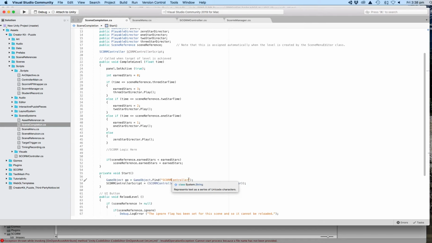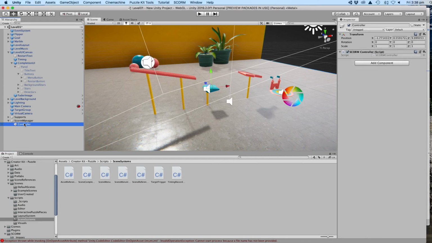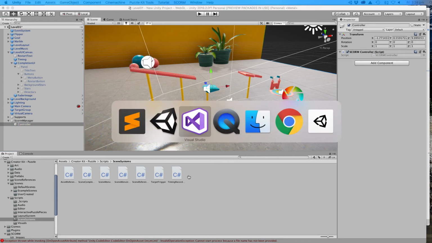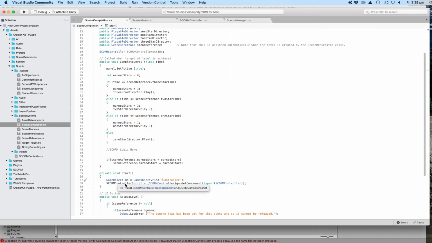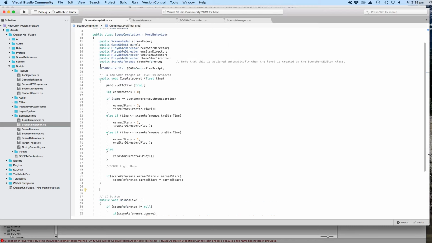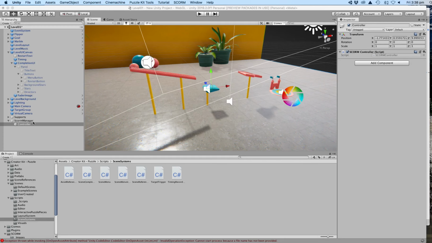So you create a new game object, you would find the game object called controller in the scene, and then the next line would actually assign the script, SCORM controller script, to that object. So we won't do it this way, we'll make it easy on ourselves. We'll make this a public variable, SCORM controller script, and when we go to the completion UI, there should be a new little